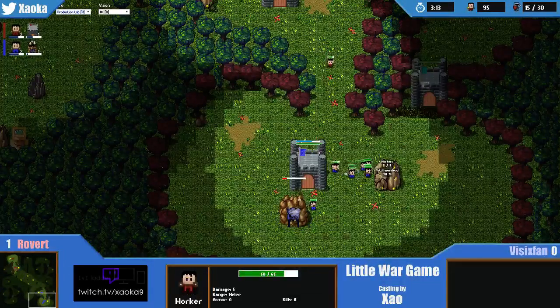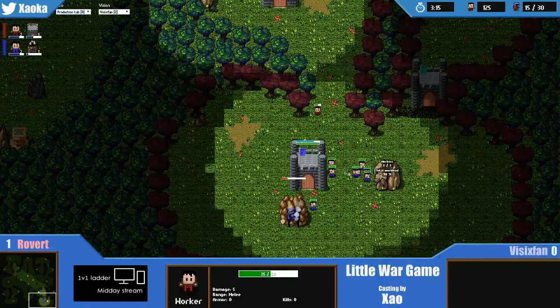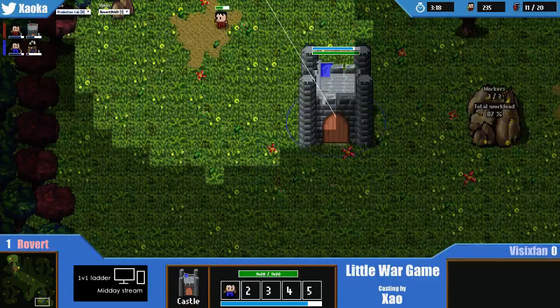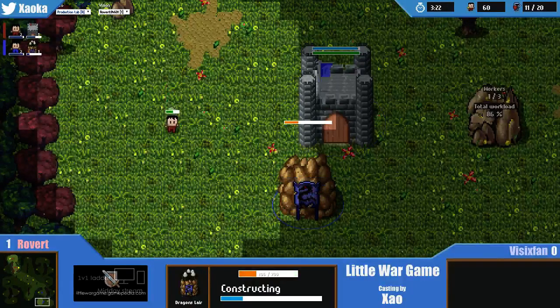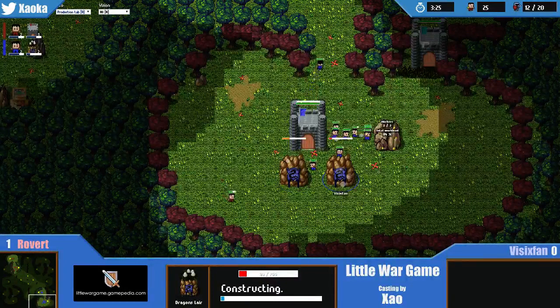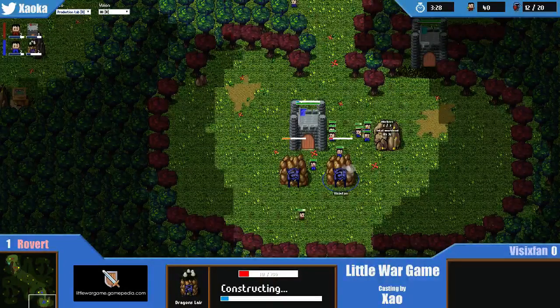So Rovert's just going to get in. He will see the dragon's nest here. Is he going to see it? Come on. There we go. Sees it halfway done. And he will spot the second one as well. So he does know exactly what's coming, but